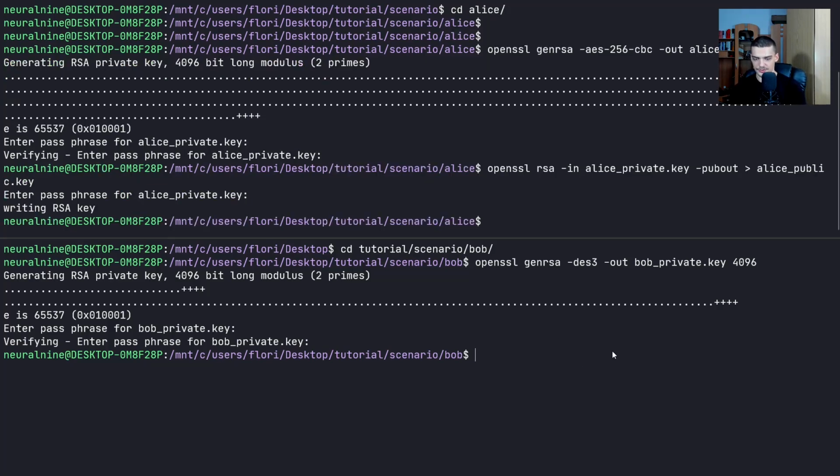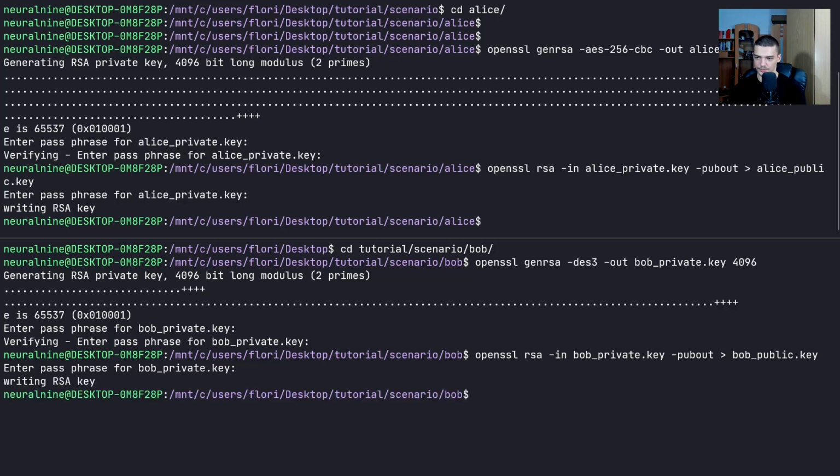And here we're going to do the same thing. openssl rsa -in bob_private.key -pubout -out bob_public.key. And the password here was password. All right. So now we have the public key and a private key for both people here,